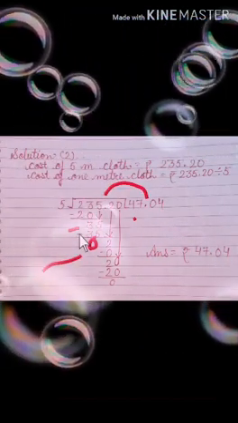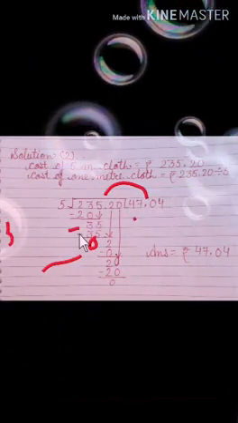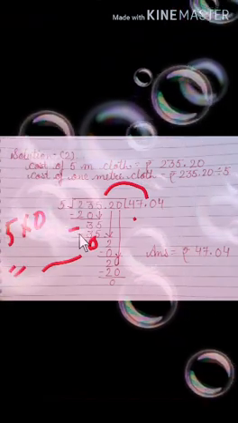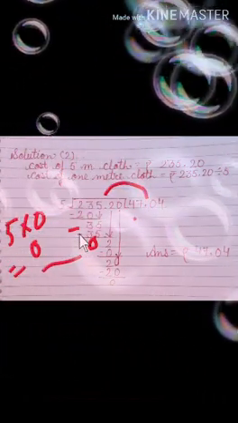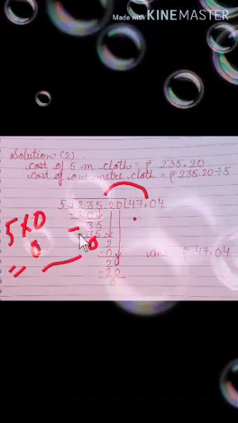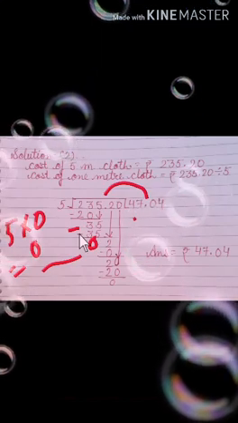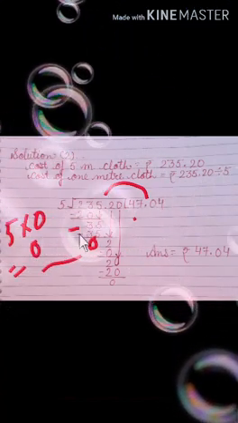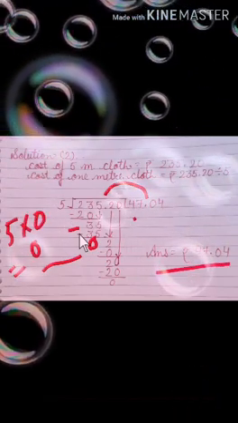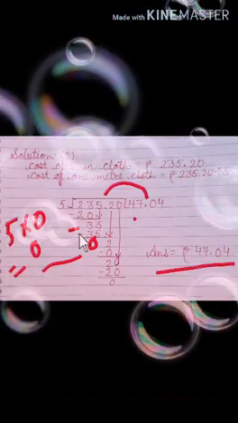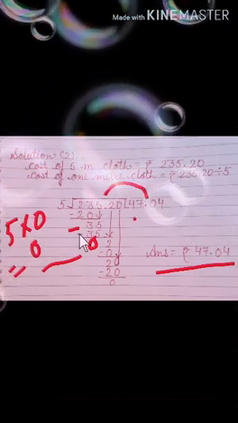So when you solve, how will you solve the 2? Because 5 multiplied by 0, it means 5 zeros are 0. So you should start the table from 0. Then you check it. 5 zeros are 0, because 2 is smaller than 5. So 2 minus 0 is 2, then 20. And now you solve. 5 4s are 20. At last you get this answer, rupees 47 and 4 paise, the cost of 1 meter of cloth.